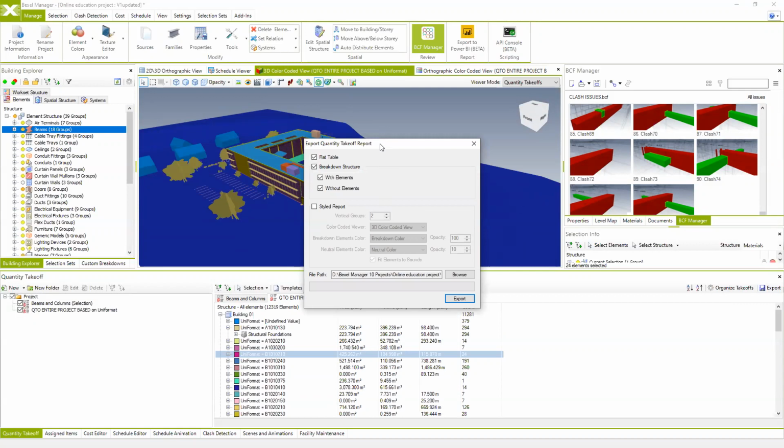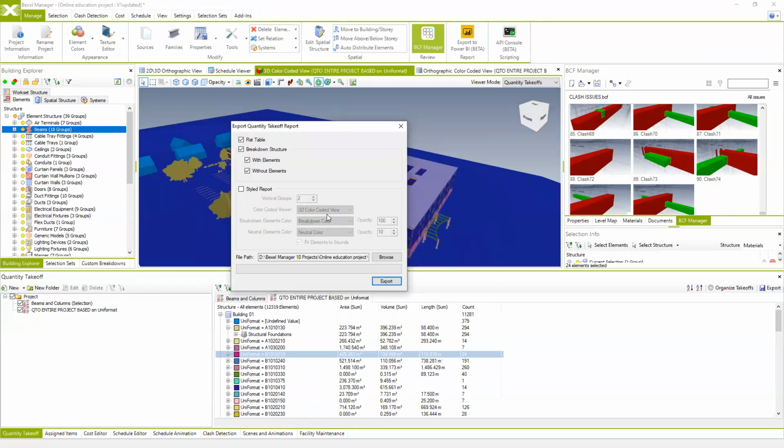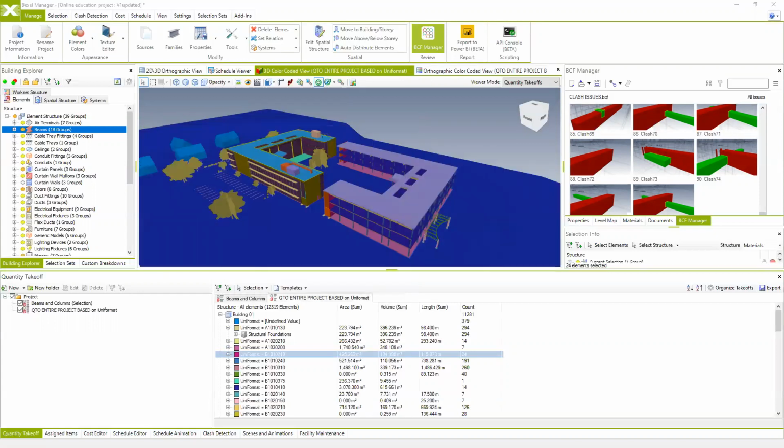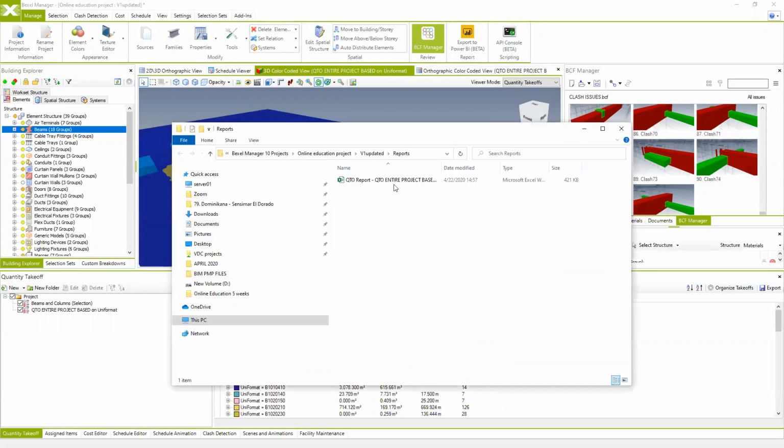And then you can choose different options. So I'm going to present you the default and then the difference with the style report as well. So the default export looks like this. Depending on the quantity and the number of the elements, this export takes some time. In this case, it's quite fast. So this is how the exported